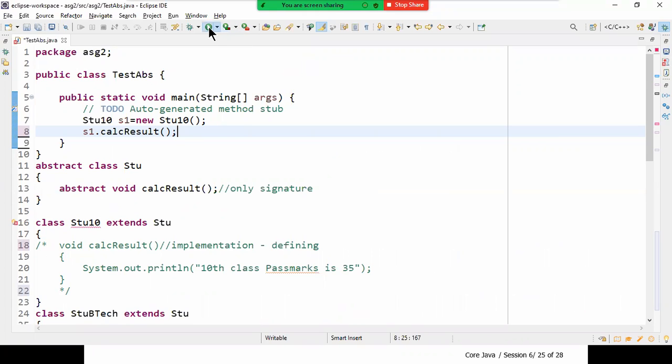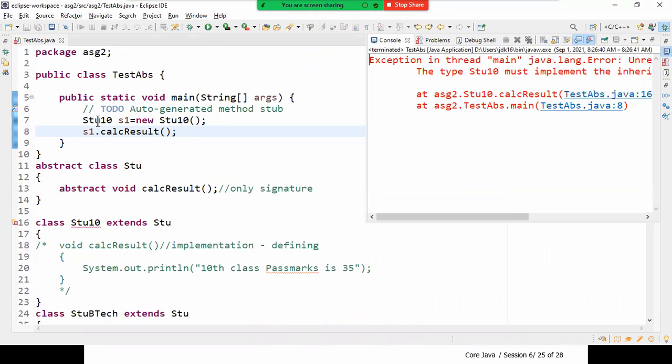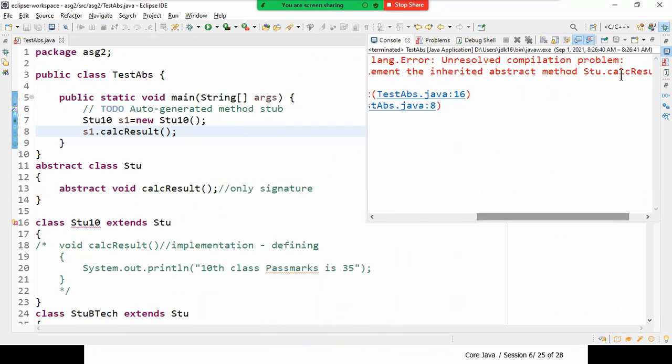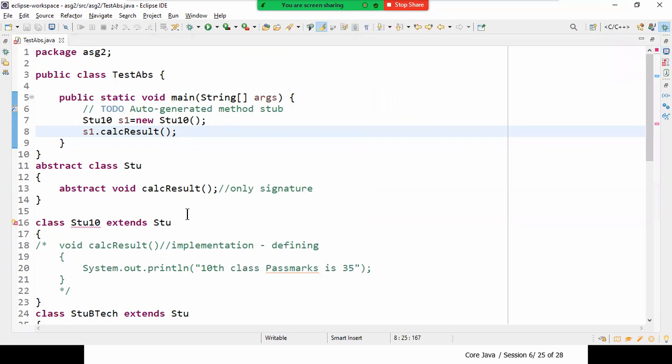I've created the object from Stu10, and again it shows the message that Stu10 must implement the inherited abstract method Stu.calcResult. If you're not providing the definition of that, you cannot create the instance of the subclass either. That is what I said.